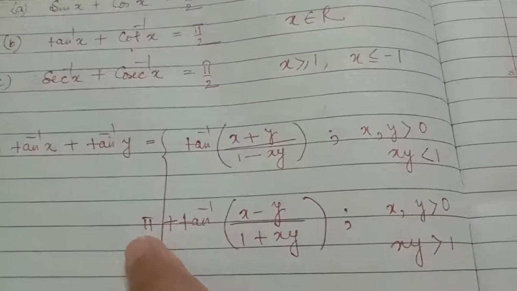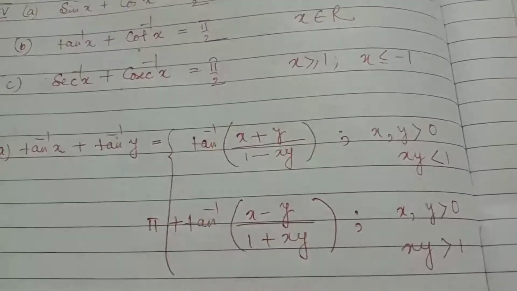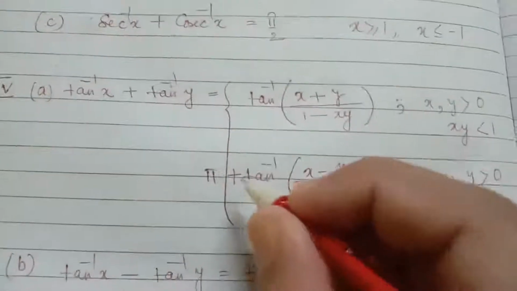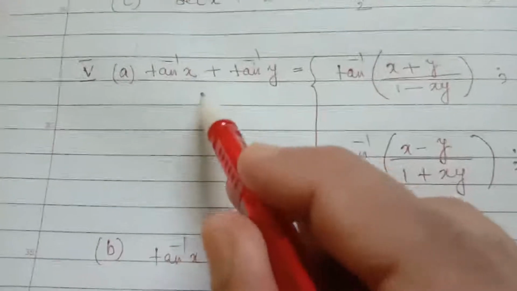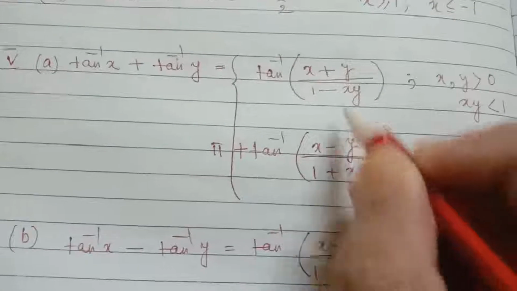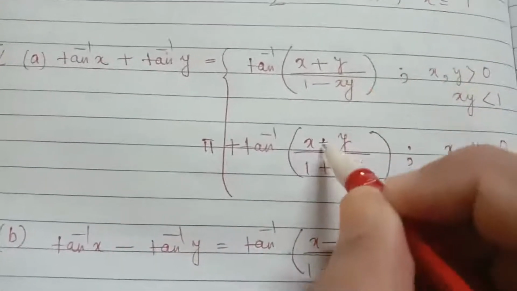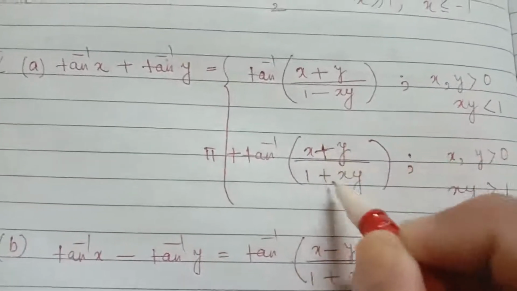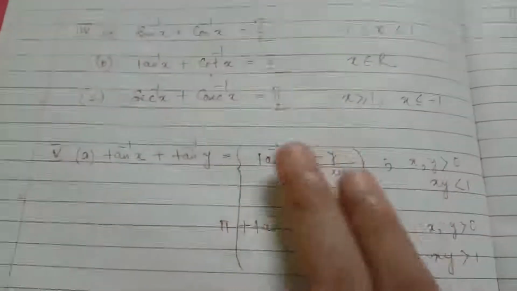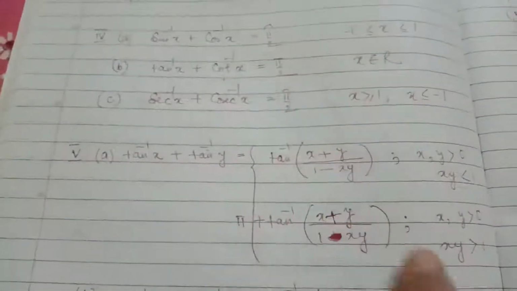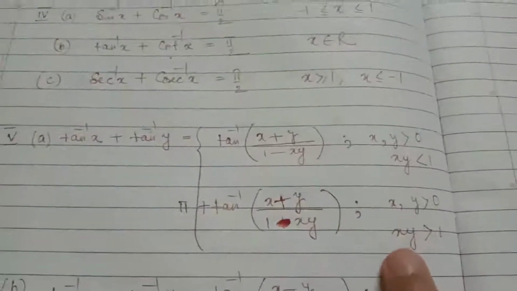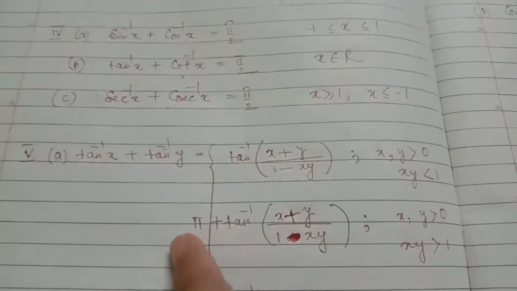The formula will be pi plus tan inverse of... So this is incorrect, I am just correcting this. Tan inverse of x plus tan inverse of y, when x into y is greater than 1, it will be pi plus tan inverse of x plus y by 1 minus xy, the other things are the same. Be careful. This part is the same in both cases, but if x into y is less than 1, this will be the formula. But if x into y is greater than 1, we have to add pi.